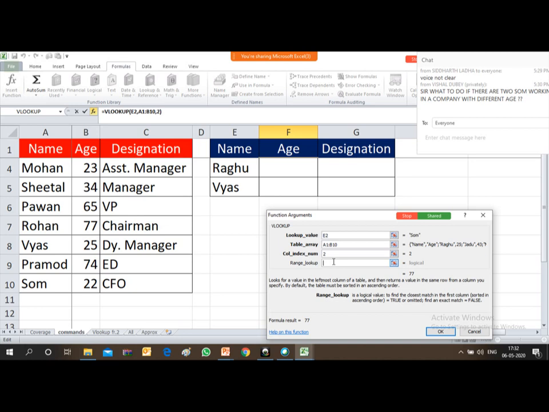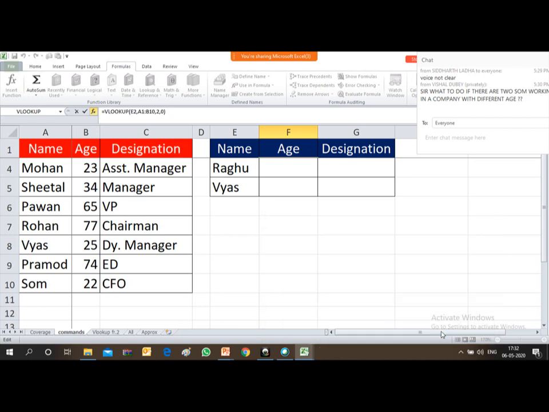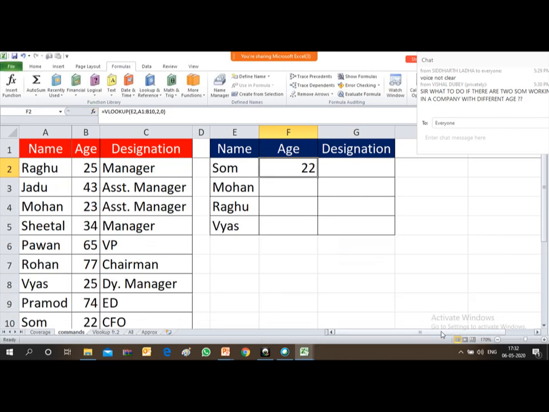So I put over here 0, so that I don't get any kind of error. I have asked the system to match it perfectly. If the value matches perfectly, then only the system will derive the data, otherwise it will not derive the data. So press OK. Now it has derived 22.